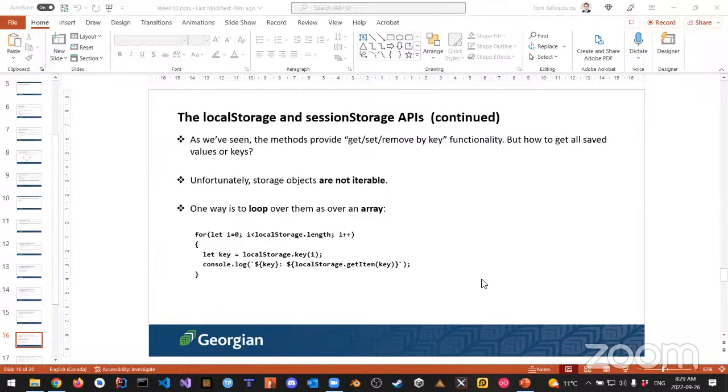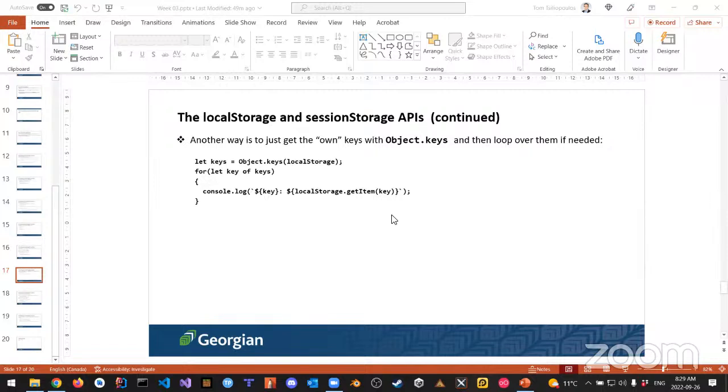And this is kind of a really terrible way to loop, because what we need to do is get the key somehow, store it, and then we can output the key somewhere. And this is not great. Unfortunately, one thing we're going to notice is that objects stored in local storage are not by themselves iterable, at least not in this version of HTML. However, what we can do is something like this, where I can make my own set